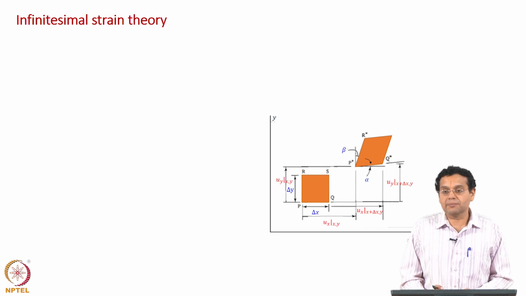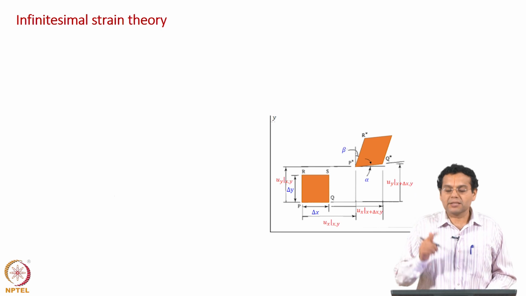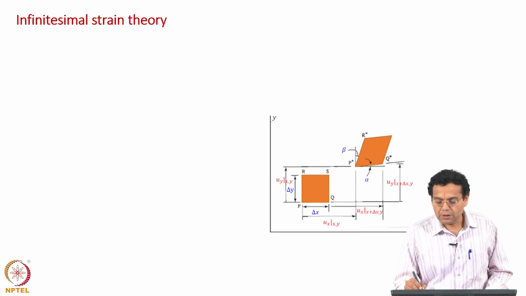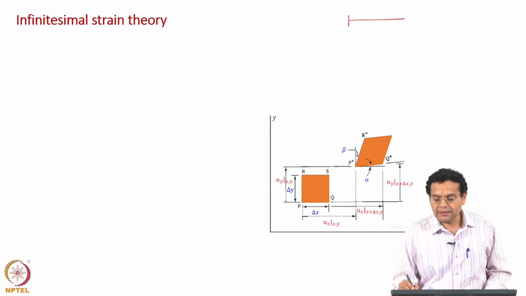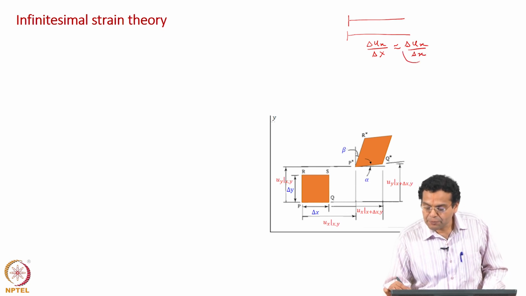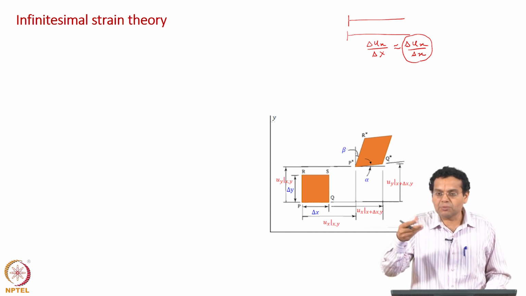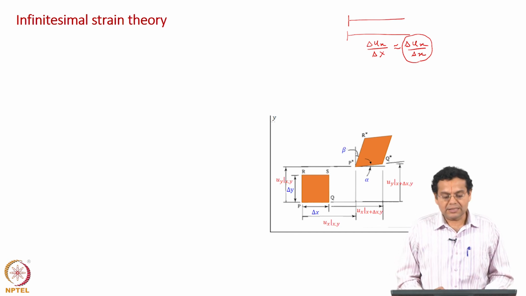Okay. Now, we made a few assumptions, let us summarize all of them, and this summary has a formal terminology called infinitesimal strain theory. So, we are discussing strain in solid mechanics under this assumption. Remember some time back we had a wire, a thread, and we said it undergoes a small displacement or a small strain. Under that condition we said delta u x by delta capital X is approximately equal to delta u x by delta x, and we are going to work with delta u x by delta x, and this is valid under the assumption of small displacement or small strain. This also is in line with that.